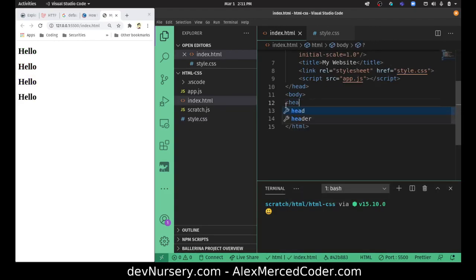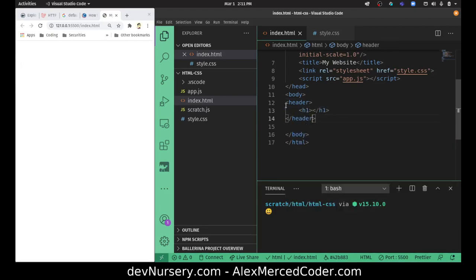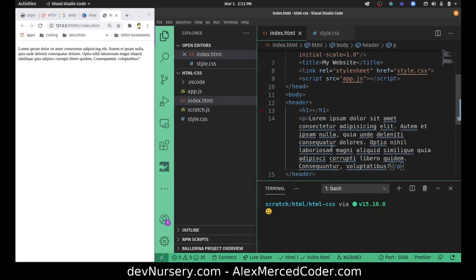Let's say we have a block of our website called a header. In that header, we have an H1. And then in there we have a paragraph text, some paragraph text that has some lorem ipsum text. There we go. So how would I do this? What I would do is first create a class for the block. So the block is header. I could just target the header tag, but again, I want classes for everything, so that way everything has